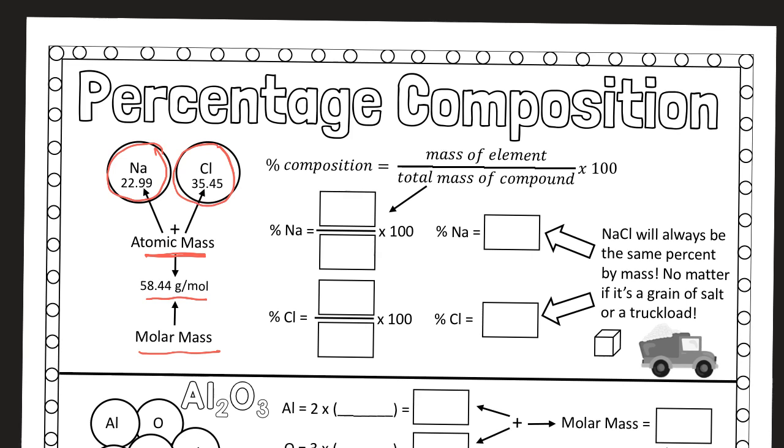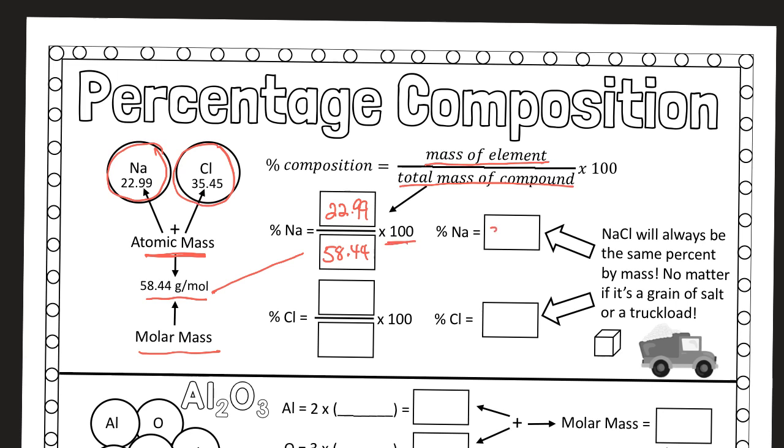The formula for any kind of percent composition is going to be the mass of the element divided by the total mass of the compound times 100. So in this case, we've got sodium. So sodium is the part, and we're going to put it over the top, 22.99 divided by the whole. This was our whole. So our weight of our molar mass is going to go here, 58.44. Now we're going to multiply that by 100,